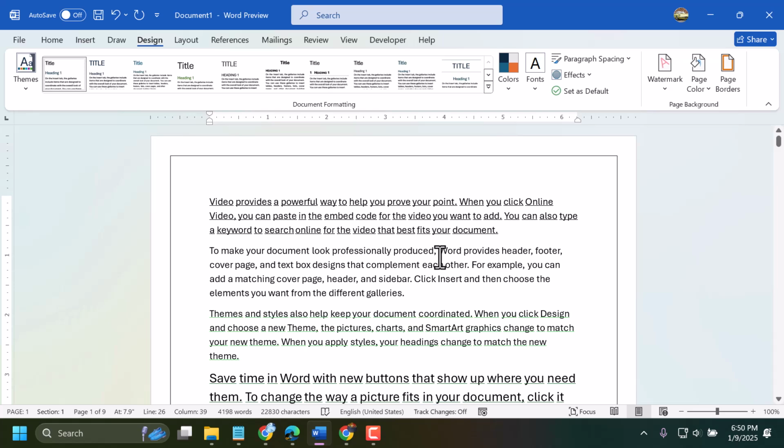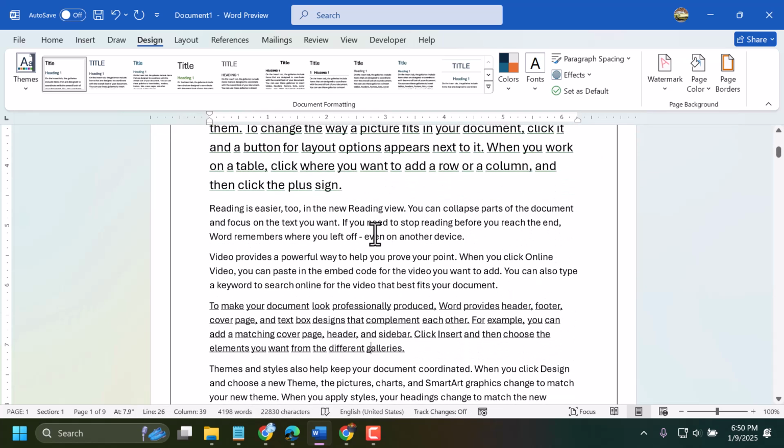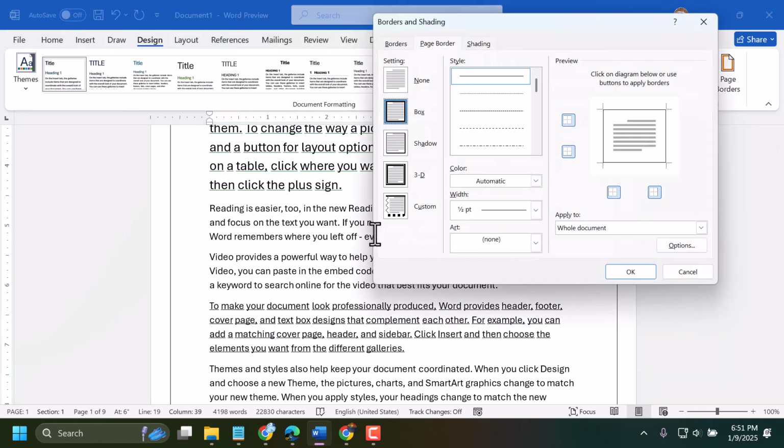So we can see we have this page border. To make a stylish page border, again Alt G, PB, P for page and B for border, PB. Now use the style,